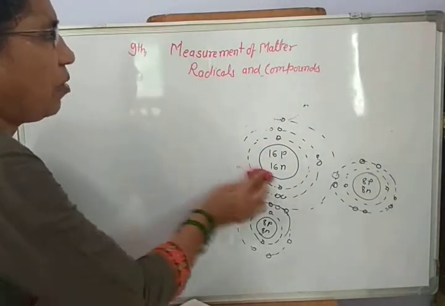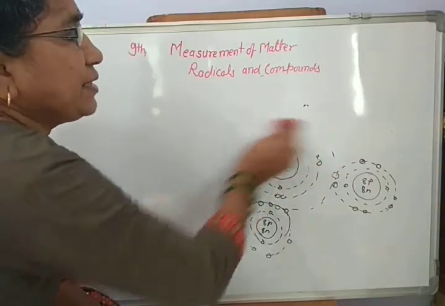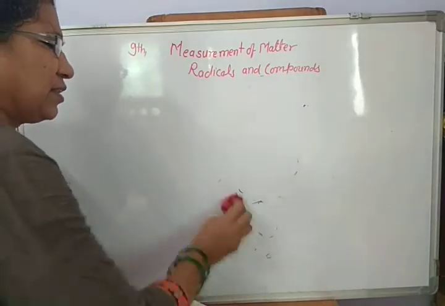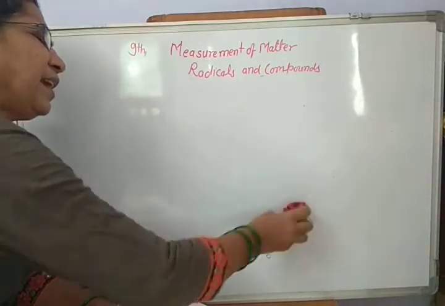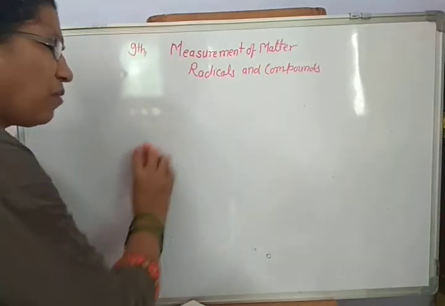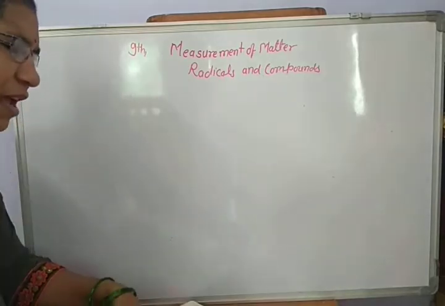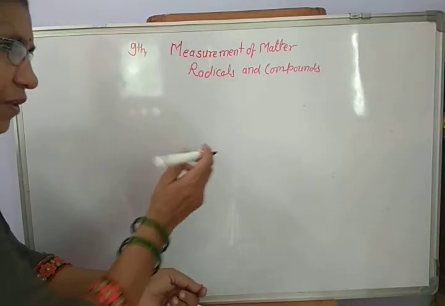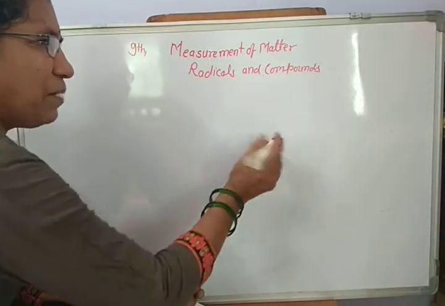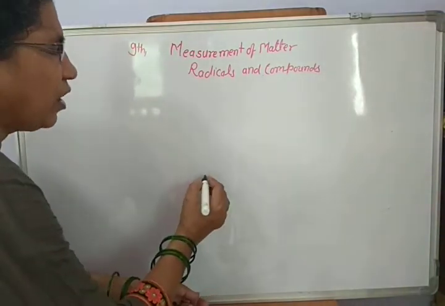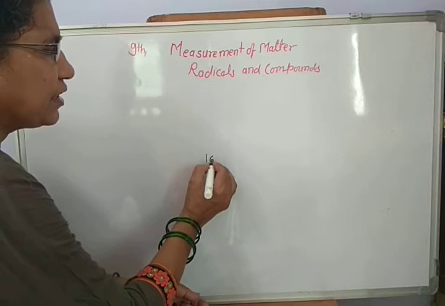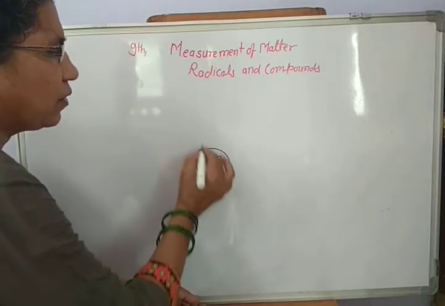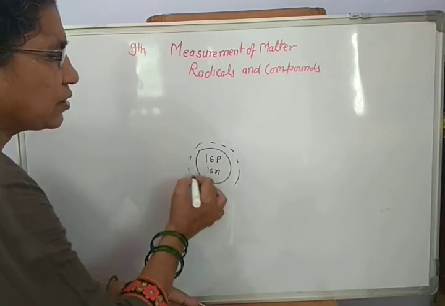How are compounds formed? From where does this SO4 get 2 electrons? It can gain 2 electrons from hydrogen. I have erased the figure, but now I will not draw the same figure. You can understand there can be a bonding, or I will draw again. What is it? 16p, 16n. This is sulfur. 2 electrons.